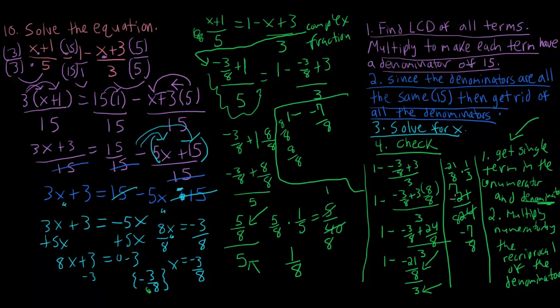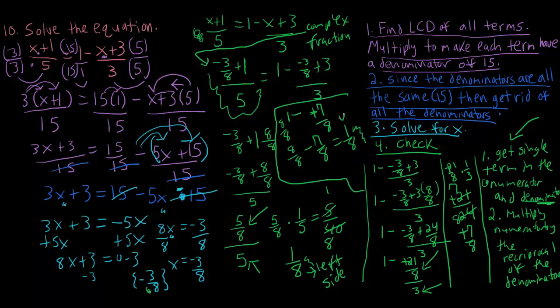This should be positive 7/8, just because negative 3 plus negative 3/8 plus 24/8 is actually positive 21/8. So if we have a positive 7/8 here, 1 minus a positive 7/8 is 8/8 minus 7/8, which just equals 1/8. So this is our right side of the equation, and then this right here was our left side